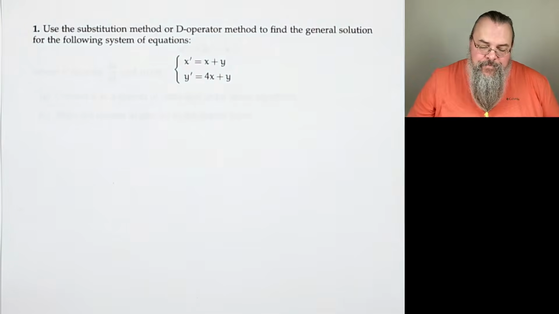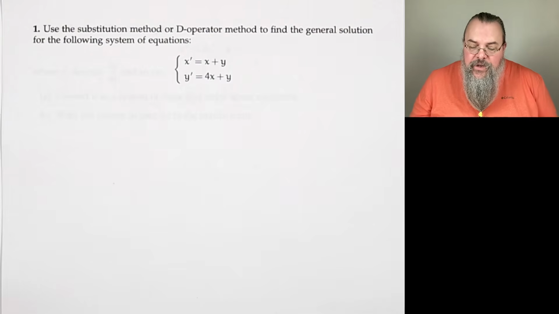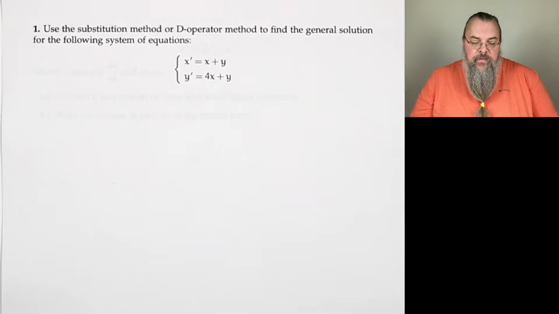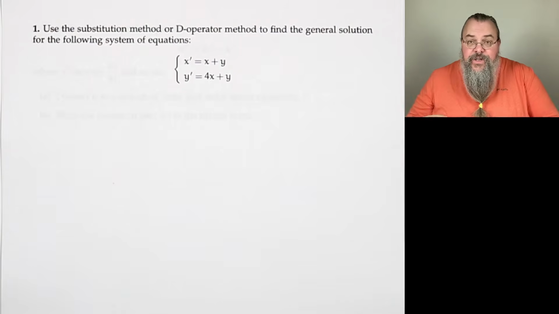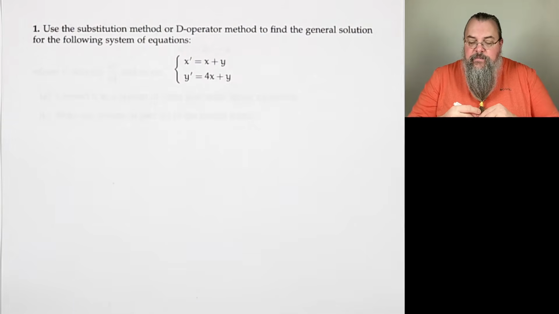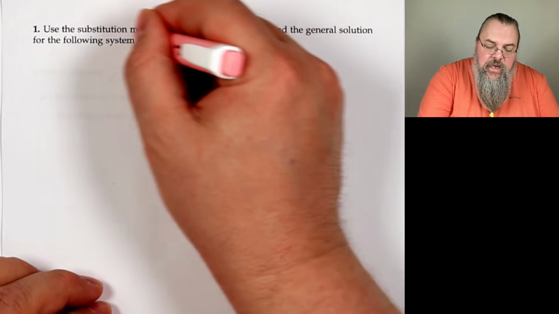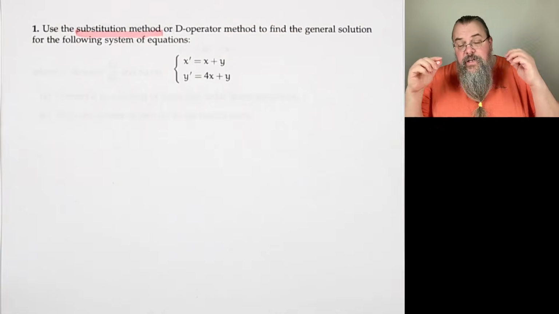Number 1, use the substitution method or de-operator method to find the general solution for the following system of equations. So we actually have a choice. We have sort of a choose your own adventure here. We have substitution or de-operator. Now, I would say because we're trying to find the general solution, I think substitution I might lean towards that, just because if I do the de-operator method,